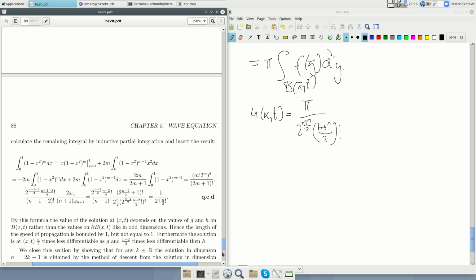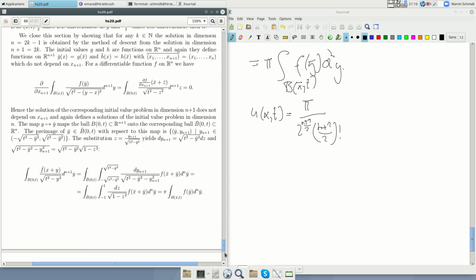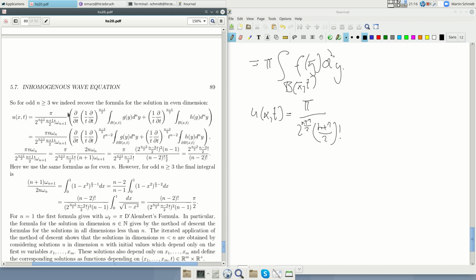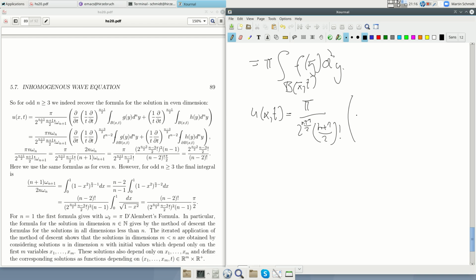Okay, this is the factor in front, and then we have d by dt, and then t times d by dt to the power n minus 1 half, integral over the ball B(x,t) of g of y dy